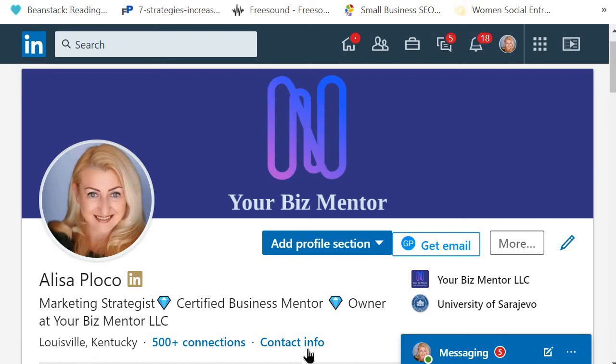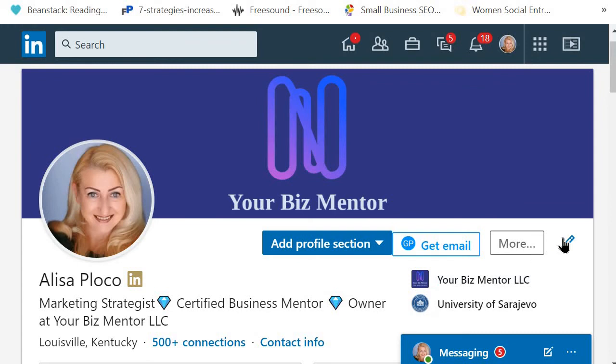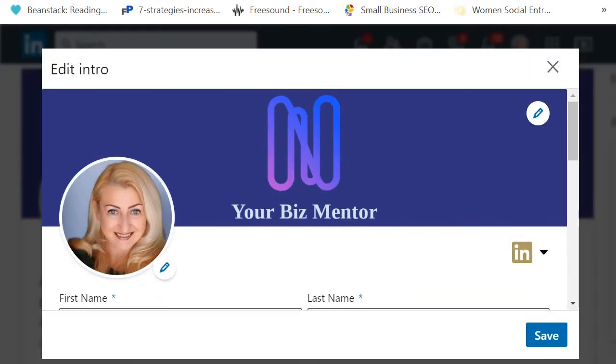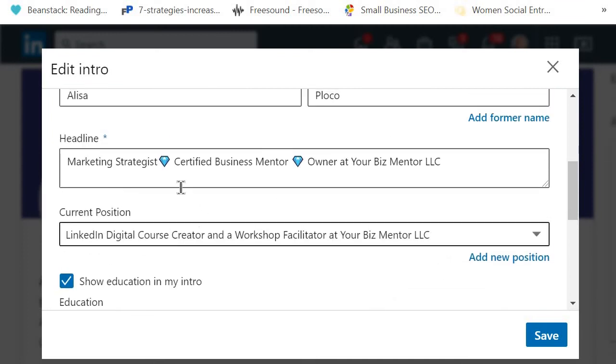And here's my location. Now, if you click on contact info, you'll be able to change your location address here. And also, if you click on this pencil on your profile, then you'll be able to choose your industry and your current position, your headline, change headline.